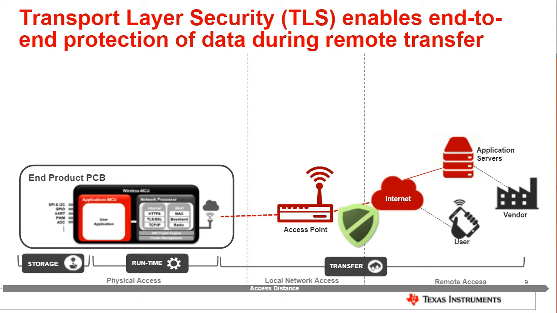Okay, so that covers the three fundamental security features that I wanted to touch on relating to Wi-Fi devices. Hardware accelerators are common in all different types of Wi-Fi architectures. Wi-Fi security is a fundamental component, and then transport layer security is pretty essential. Now let's talk about some more advanced features.